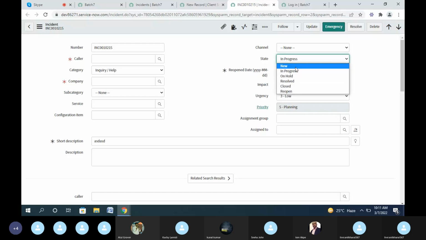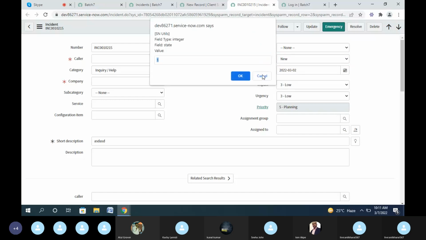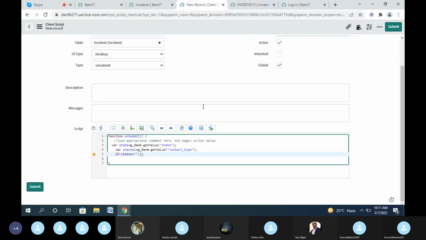Here we can see new; the backend value of the new state is 1. So we can type here 1, and that means the compulsion. We have the value of contact_type in the channel variable. So if it is empty,